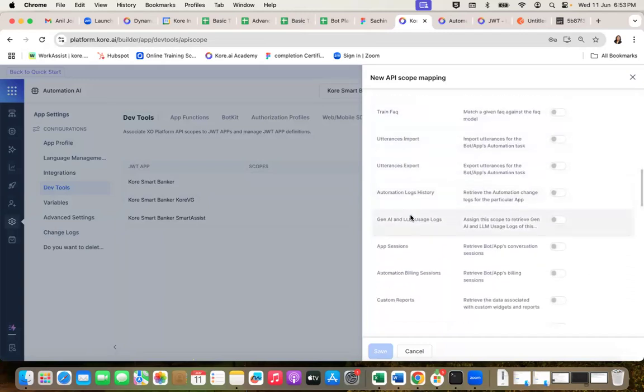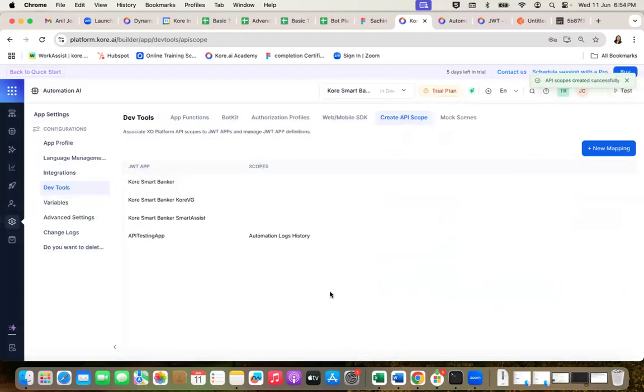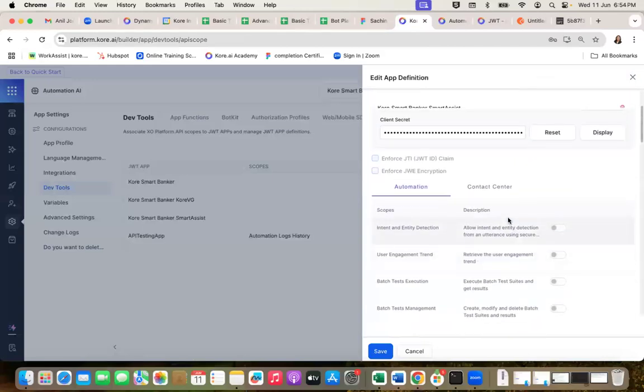So what I will do here is automation log history. Okay, this is the one that I will enable. Now, like I said, you can enable more than one API scope with a given client ID and secret. So the same JWT will be used to authenticate all of these API calls from an external application. But if you want different JWTs, then you have to define separate scopes, and within each scope, you select a separate API. Okay, whichever way you want to do. So now my scope has been defined. If you go back over here, you can see here,